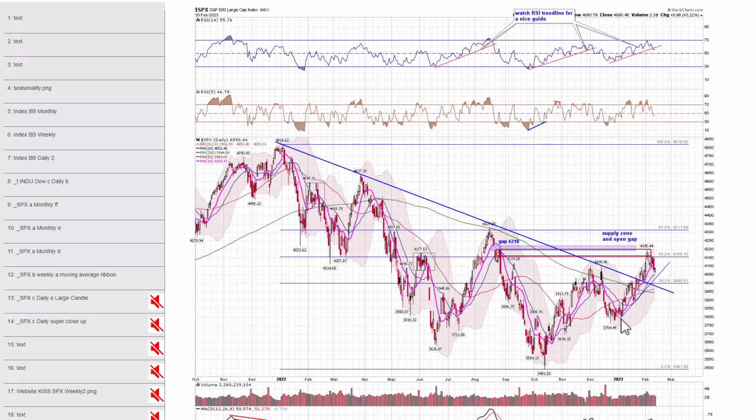So notice I could also draw an uptrend line from here. So the 20-day moving average here in blue is support, as well as this uptrend line. Again, I favor some sort of higher low and then maybe another push up. Again, this area in here, especially this 4,300, 4,350 is a big area. We'll see if we can get there over time. The RSI for now has broken this trend line. That's something to be aware of. But